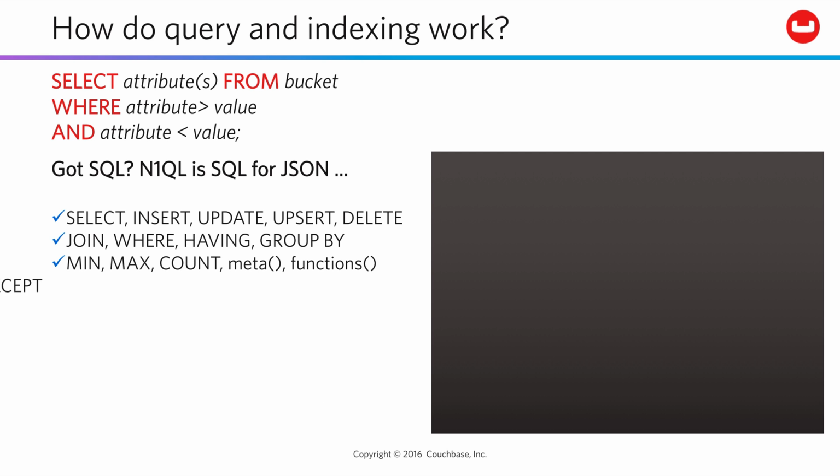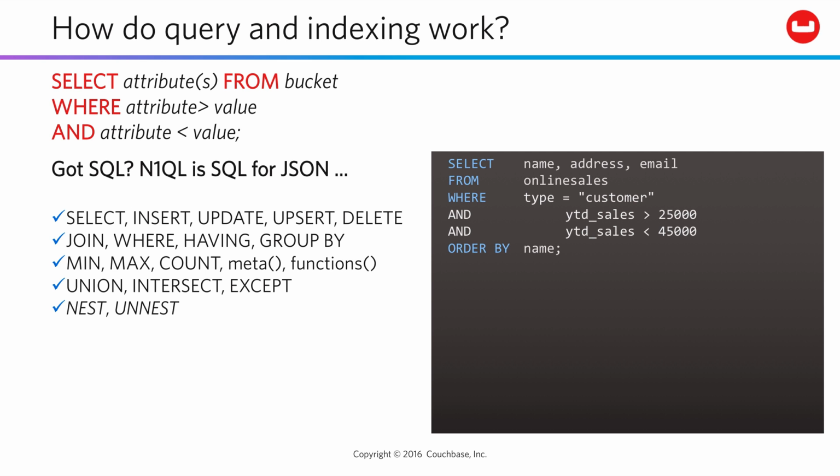You have all the filtering power that you expect from SQL, along with aggregations, functions, as well as new behaviors that are specific to JSON, such as nesting and unnesting multidimensional data within documents. A query might look like this. Give me 3 attributes from my customer documents where year-to-date sales are filtered within a range, and then order the